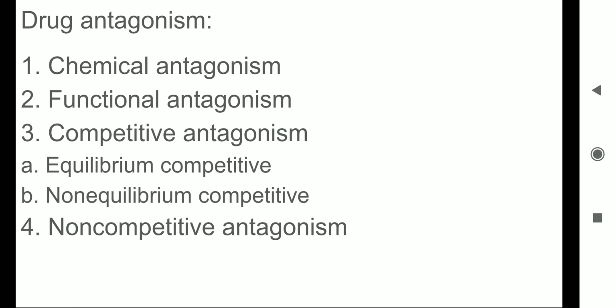So chemical antagonism involves direct chemical interaction between agonist and antagonist. This will be a type of chemical reaction that is going to completely inactivate an agonist. Antagonist is going to come and react with the agonist to completely inactivate it, so that it is not able to elicit any pharmacological activity. That is, it is going to make the agonist pharmacologically inactive, and after getting inactive, the agonist in its new form is going to get eliminated from the body.